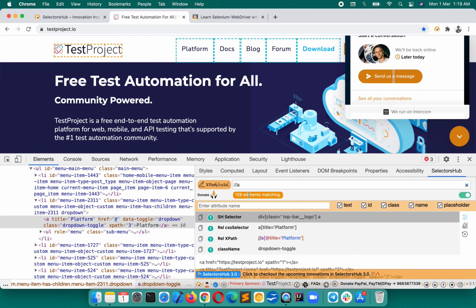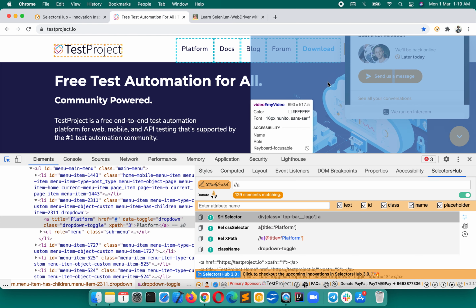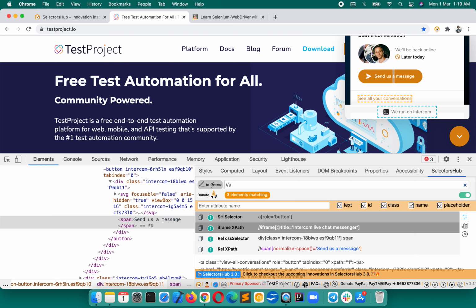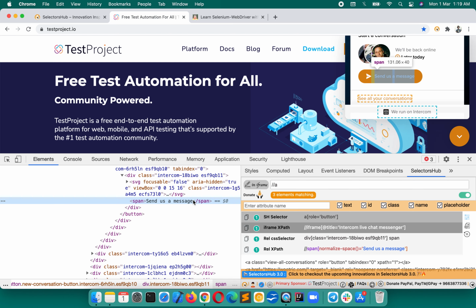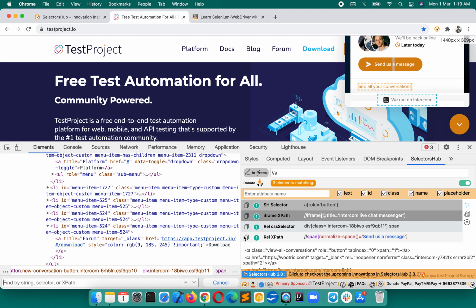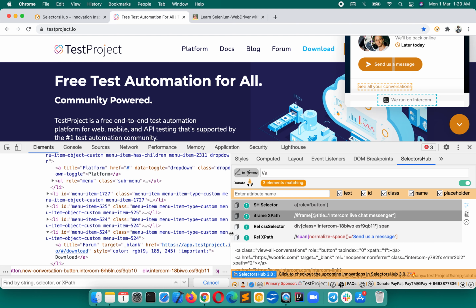There are 129 anchor tags outside iframe. Okay, if you want links inside iframe, then inspect any element inside iframe, and now hit verify. There are 3 links inside iframe. But if you would have verified this in DevTools, you would never have got the right number. It will tell everything all together. So this is the advantage, and this is the standard solution, the only possible solution, which gives you the right number of matching nodes inside iframe and outside iframe.